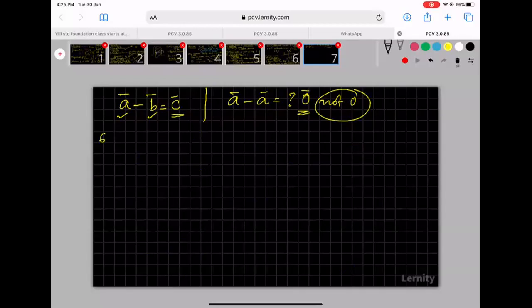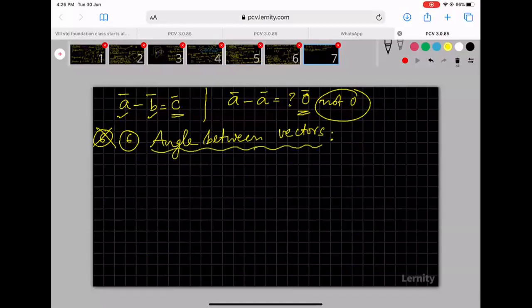6th one. What else do we have? There is some more terminology that you can neglect for now. Those are some big quantities. Let us not worry about it, but we can actually define one thing though. Because we are in the terminology thing, we can talk about something called angle between vectors. Very important concept, so please be attentive. Angle between vectors. What is meant by angle between vectors? Just wait on this. Please do not leave. Remember this.